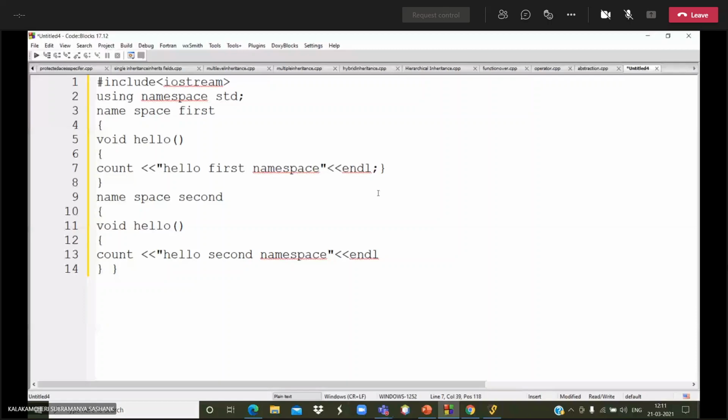Then I am closing the namespace. Then I am going with the main function.